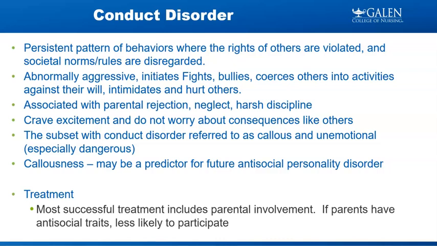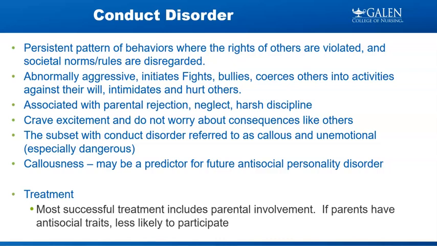There is a big genetic component with conduct disorder, and we have to get the parents on board to treat it. But if the antisocial personality disorder is the grown-up version. So it is conduct disorder in those less than 18, and it is antisocial personality disorder in those over 18. If the parents have antisocial personality disorder or antisocial traits, they're not necessarily going to buy in or believe what is going on with their child.